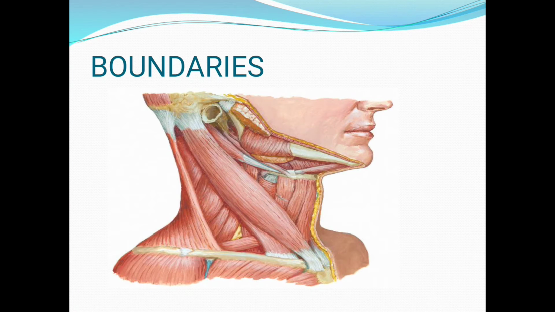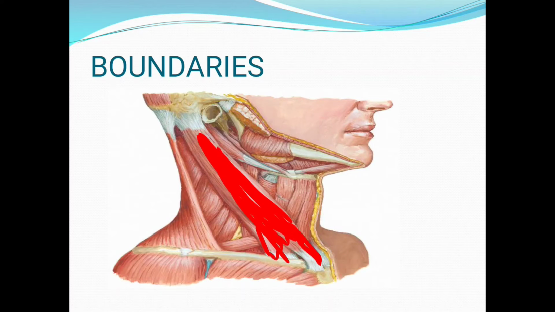Again, to make it more clear, here you can see this bulky, very prominent muscle is the sternocleidomastoid. It has two heads of origin. You all know that the sternocleidomastoid arises from the clavicle and the sternum both. So this muscle which I have marked with red is the sternocleidomastoid muscle. The anterior boundary will be formed by the posterior border of the sternocleidomastoid muscle,